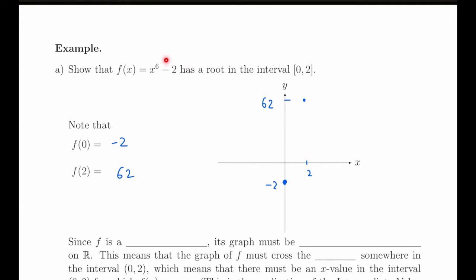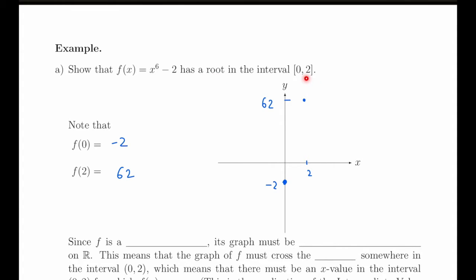Now, this is a polynomial, so it's continuous everywhere, meaning to go from this point to this point, you should be able to draw that curve without lifting your pen. And when you do that, there's no way to go from here to here without crossing this line. It could cross it just once, or it could cross many times, but the point is that it must cross at least once,